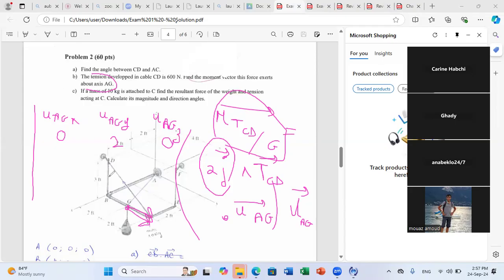The last row is the components of the force TCD, meaning TCDx, TCDy. Okay, this will replace what? If you do the triple scalar product, this will replace 2j vectorial TCD dot uAG. You will have found the component, but once you find it, what must you do last? After you get it, this is equivalent, if you want the triple scalar product, it will give you this term. It will